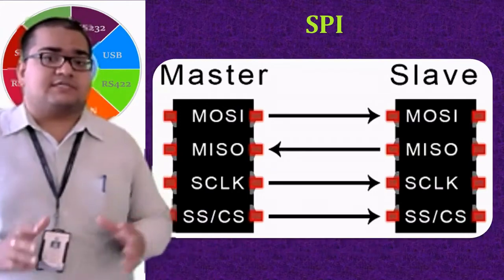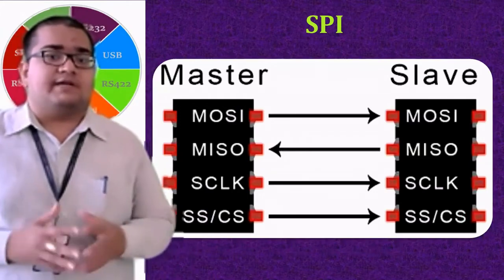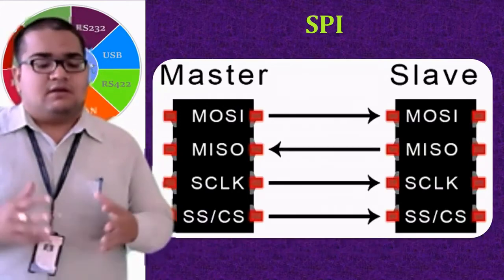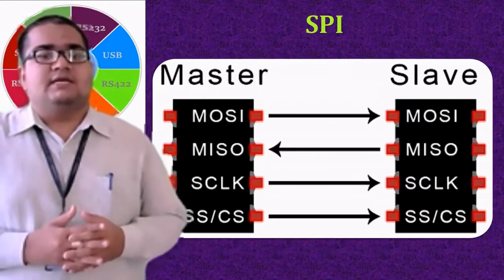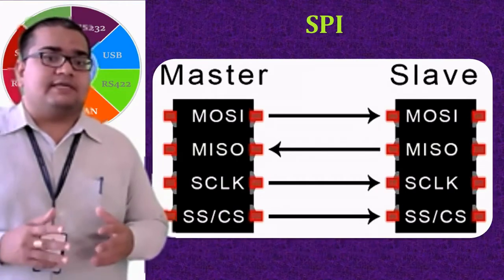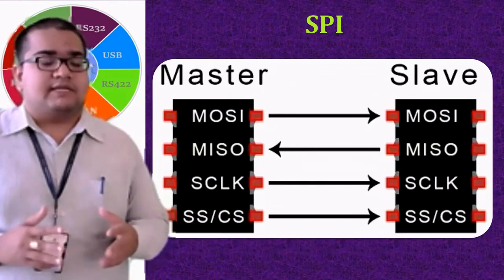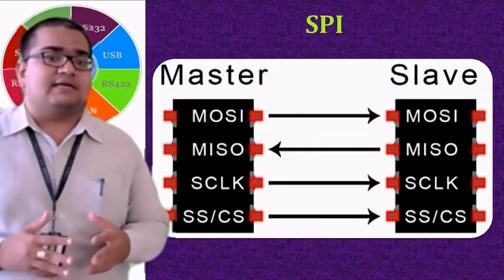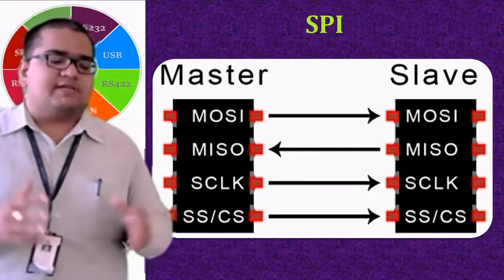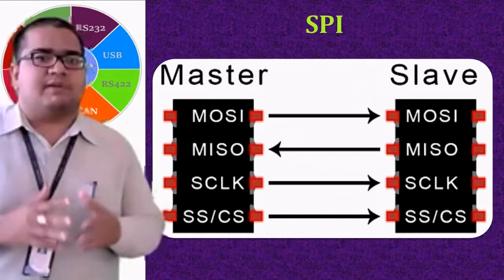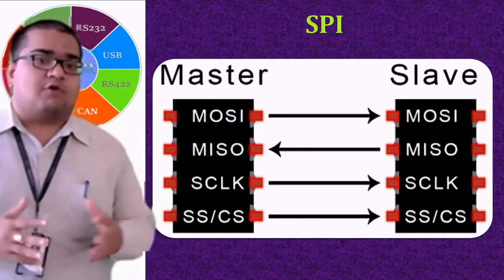So this is the structure. As you can see here, it is not two wired. It has 4 communication lines, or 4 wires. Starting with MOSI, then it has MISO. Then we will be having SCLK, and SS or CS is the last wire. What these lines are, one by one, we will also be checking out in detail. Let me briefly give the full forms of these things.